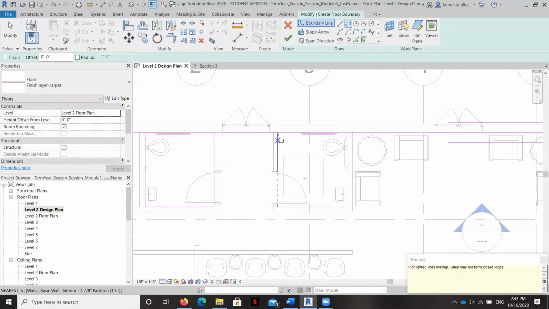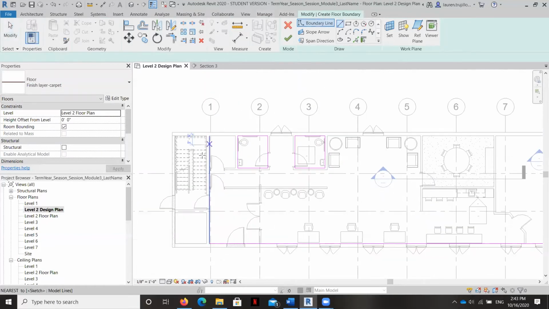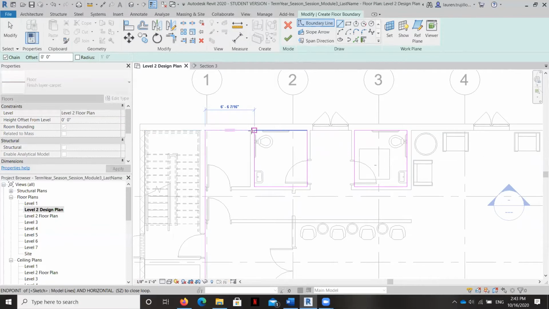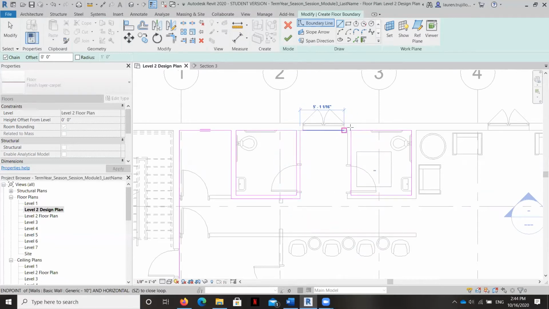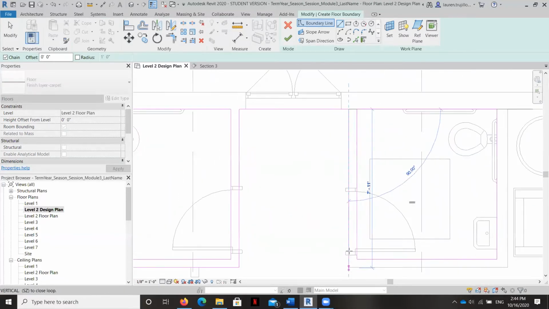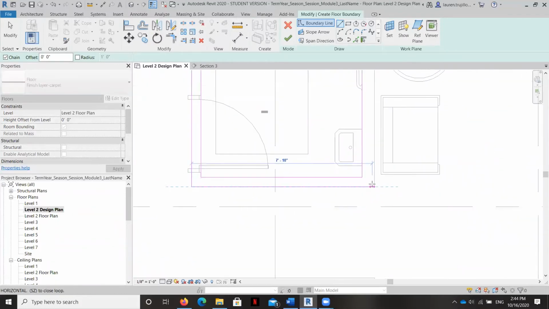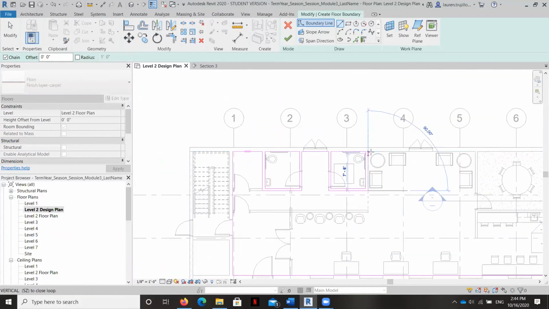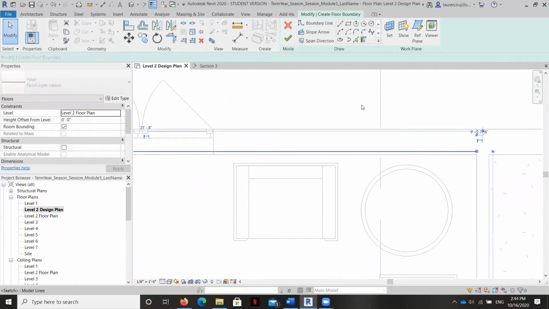It may not let me do that overlap. That's fine. And it looks like I'm just a little bit out of alignment here.